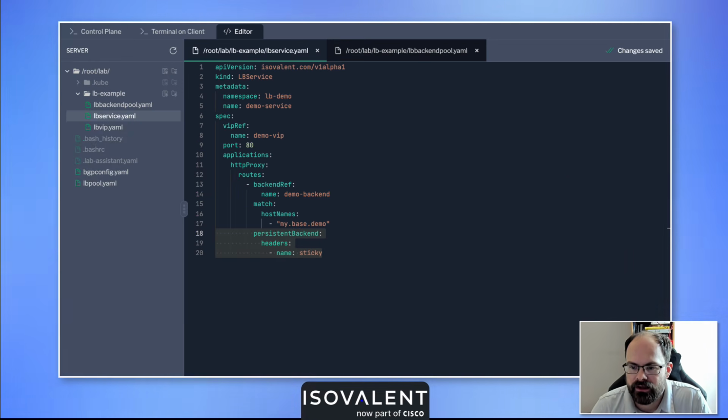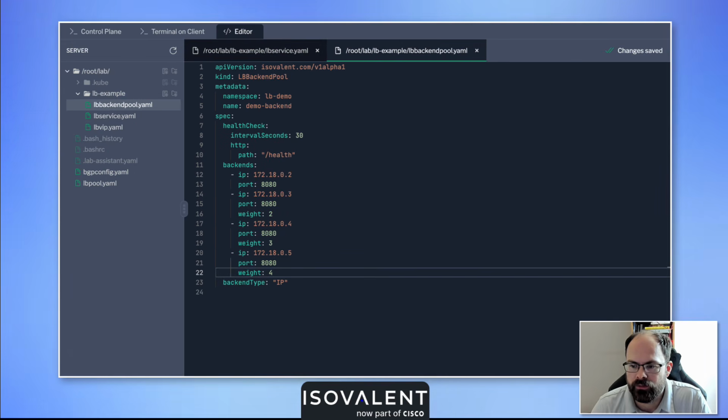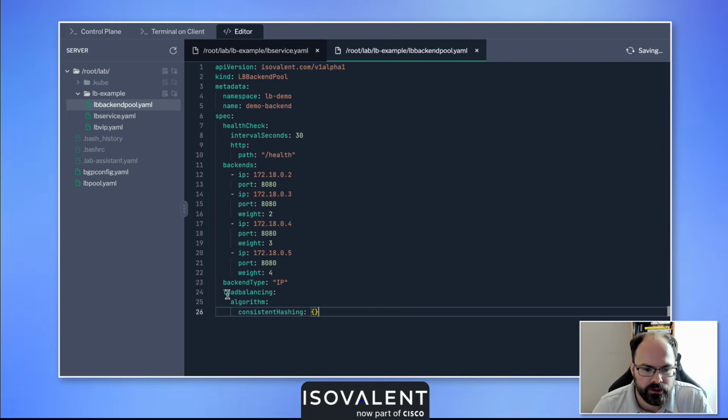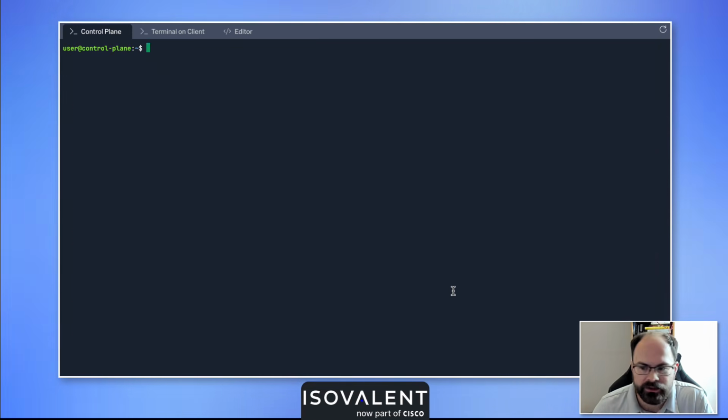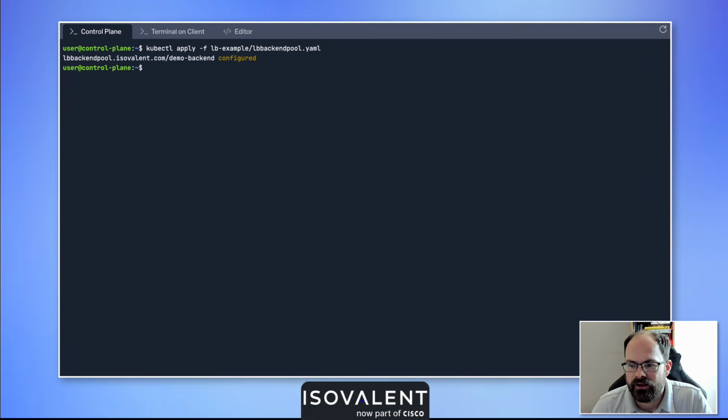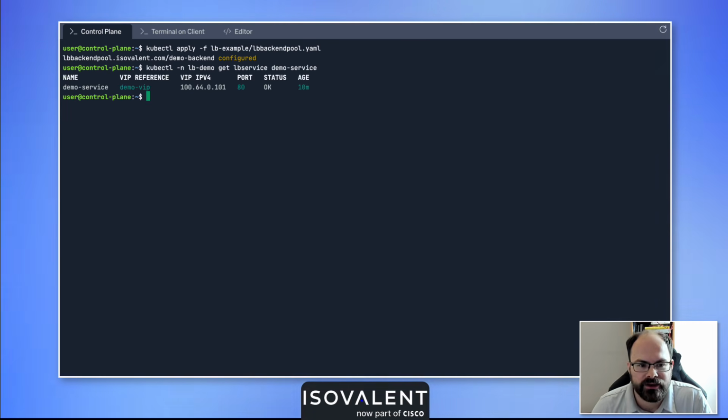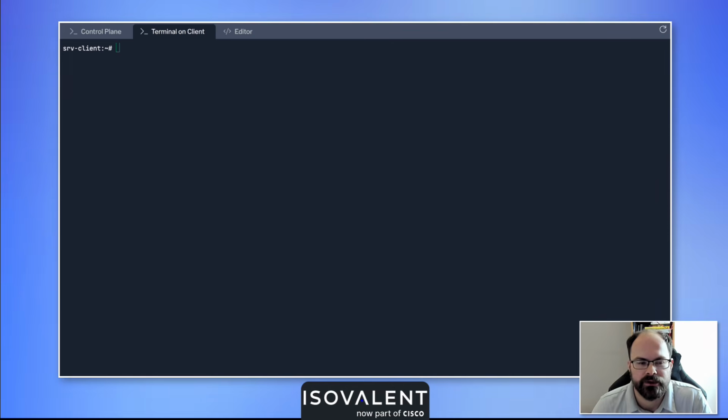So let's fix that. So we're going to go back into our backend pool, and we're just going to add in the load balancing algorithm as consistent hashing. Go back to my control plane, clear that down. We're now going to update the backend pool as well. We're now going to check that service again, so we can see that it's okay again, so the conditions are all met. And then on my client, I'm going to run a quick script, which basically does the same as